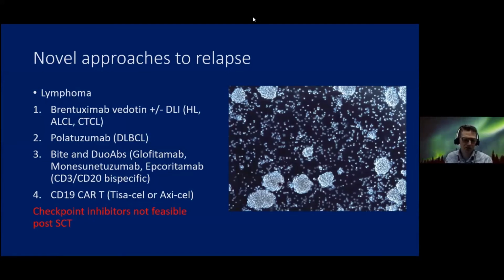And we have the emerging area of BiTE and duo antibodies, which show encouraging results in the treatment of DLBCL relapsing either prior or after allograft. And then I guess we have CD19 CAR Ts for DLBCL as an option there. The concern really is around checkpoint inhibitors and their feasibility in a post-transplant setting, because we clearly have a safety signal of quite severe and overwhelming GVHD. So whilst there are small publications of the use of them, we would use them cautiously given the toxicity associated